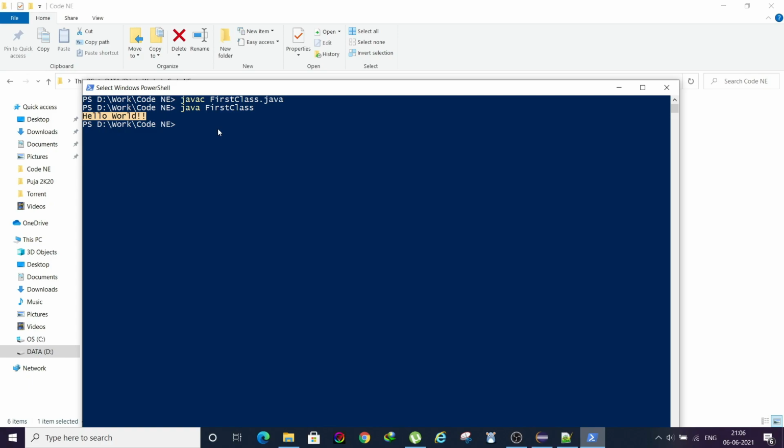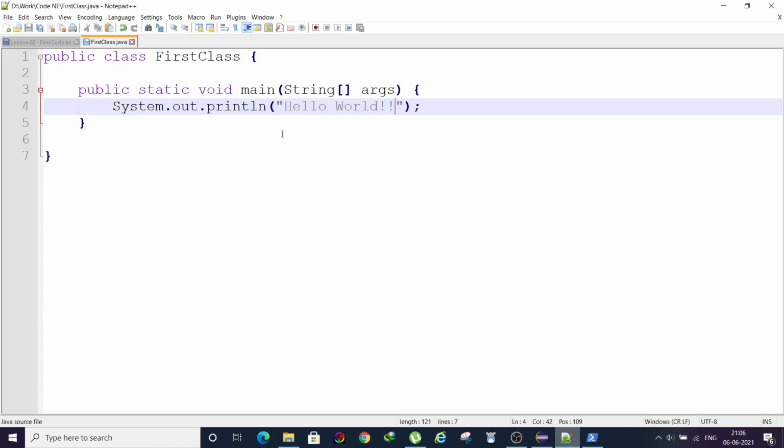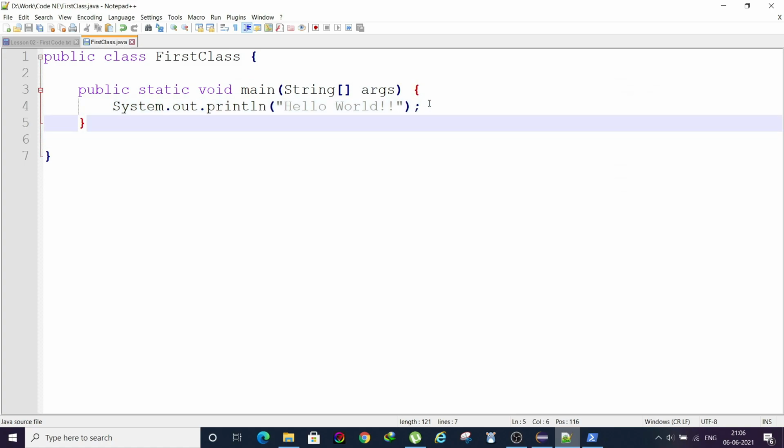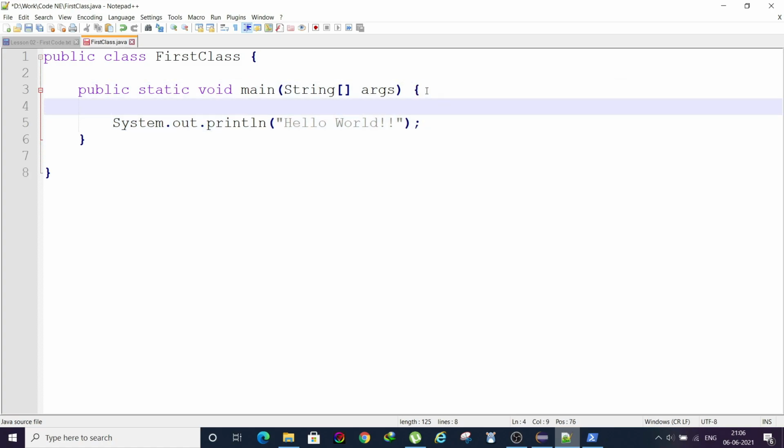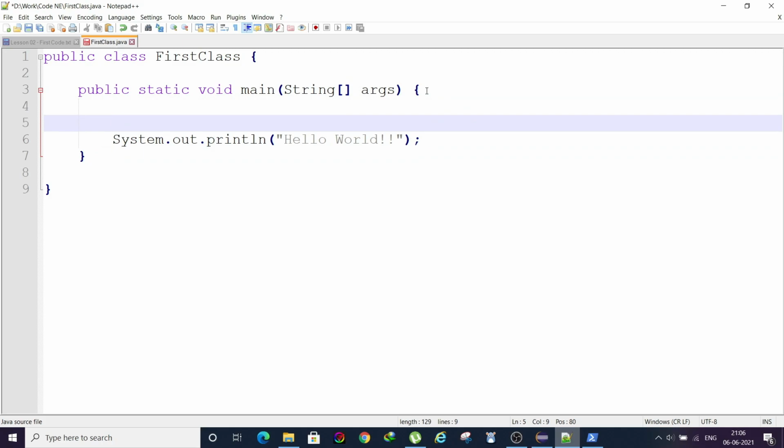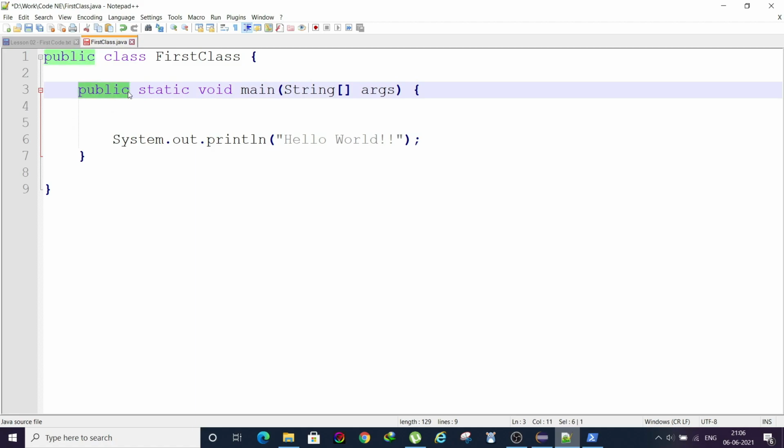So congratulations to you also. Another thing before I conclude the class that I want to let you guys know is that in main method we can understand why we are declaring it public, because it needs to be accessed from outside.